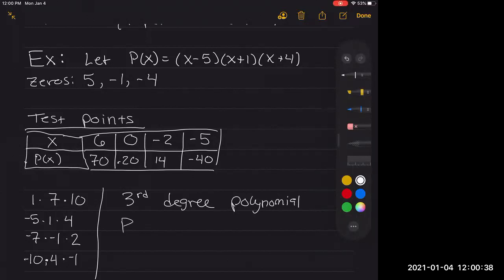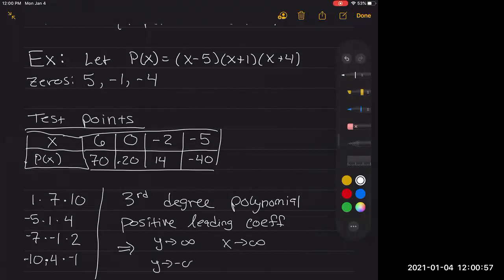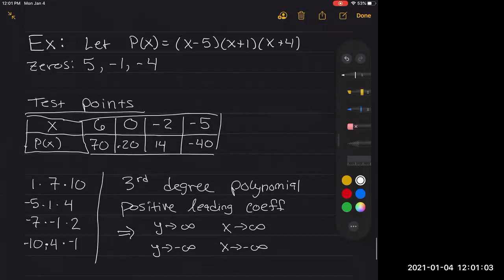So that means it has a positive leading term. So this implies that y approaches infinity as x approaches infinity, and y approaches -infinity as x approaches -infinity. All right, so now that we have our zeros, our test points, and our end behavior, we should be able